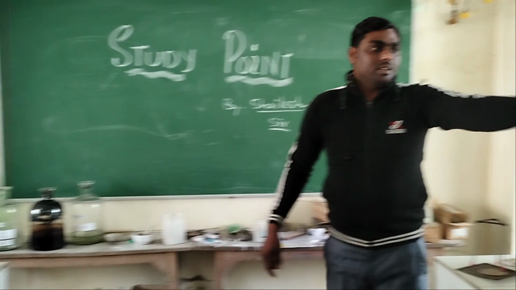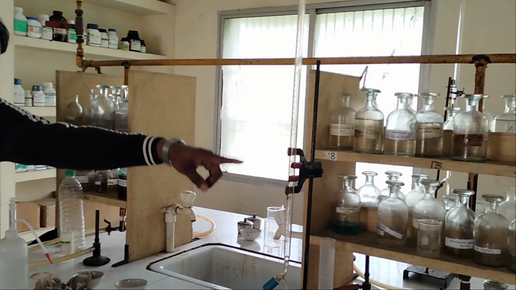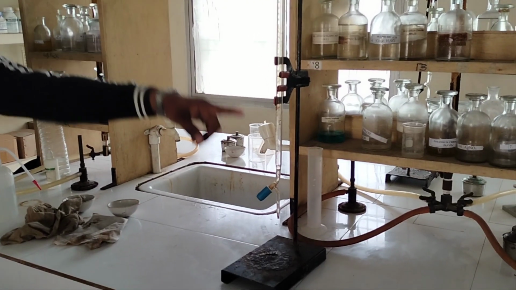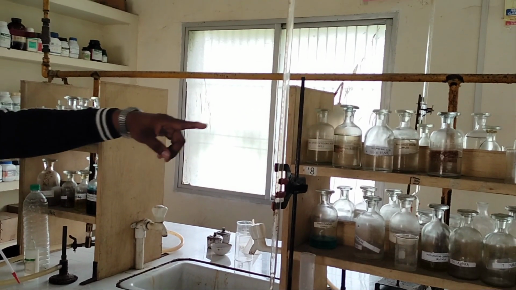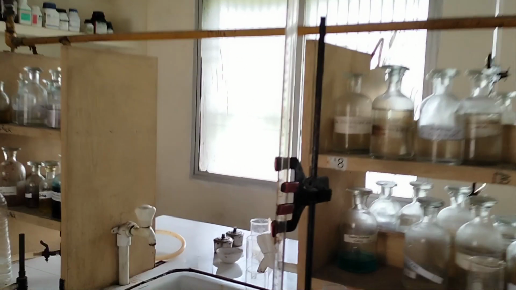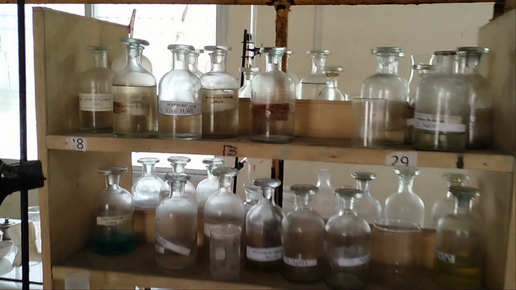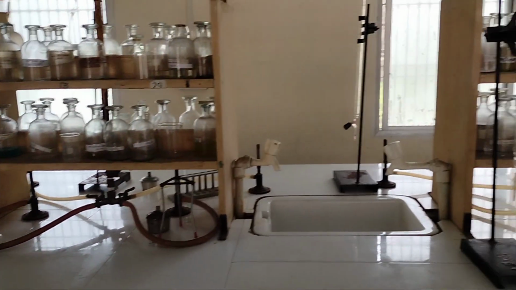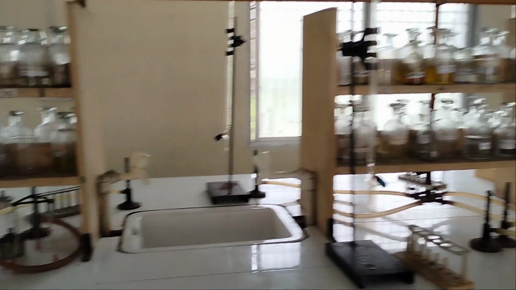This is an equipment known as burette stand, a stand of black color, and this is the glass tube known as burette, which is used for the titration purpose. Just see, this is a burette and it is known as burette stand. And these are the shelves in which different chemical substances are put. So these are known as shelves on which we store different types of chemical substances. Just see.